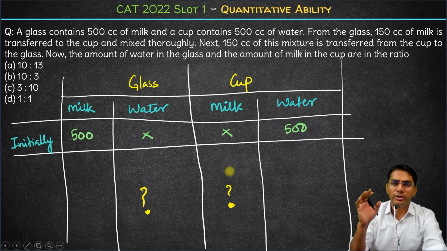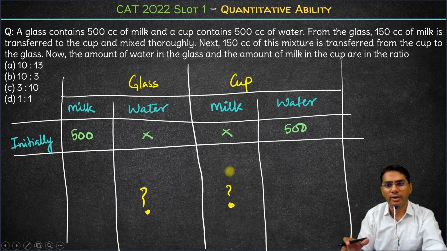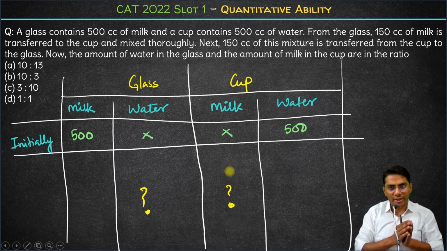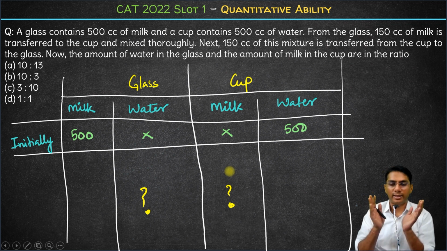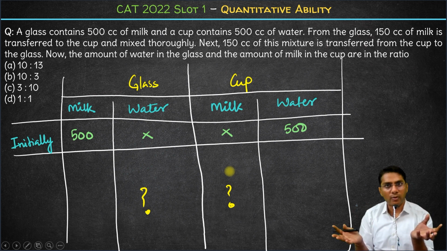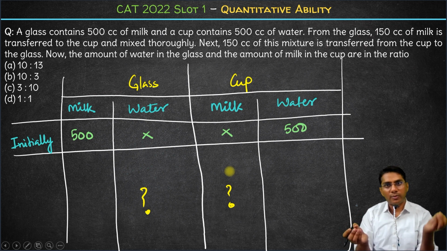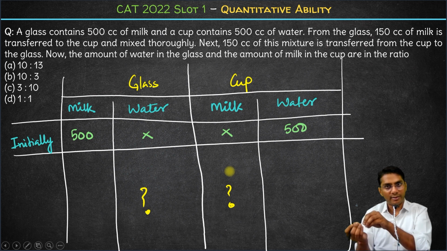Now if you have gone through the theory videos, you would know this already. Initially, let's say you have only milk in the first jar and only water in the second jar, and the quantities are the same. Now if you transfer a particular quantity to the other jar, mix it thoroughly, and then transfer back the same quantity to the first jar,